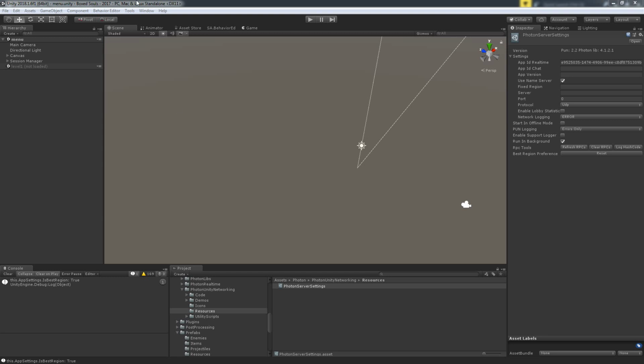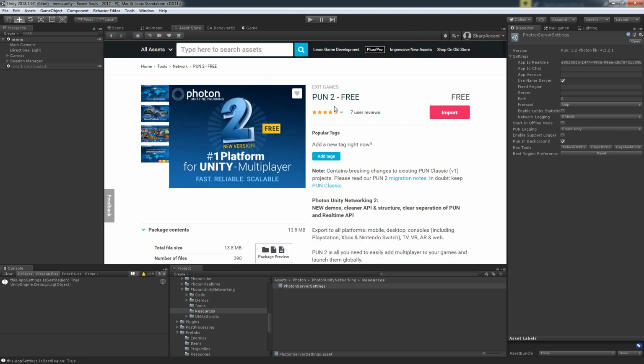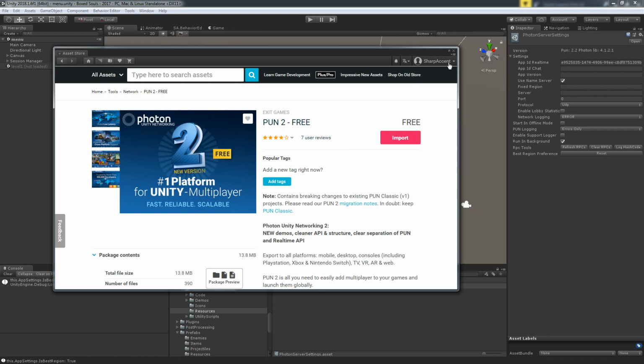So, okay, because I am on 2018.1.6 or even on point 2 or whatever, there are a few changes. So you need PUN 2, not PUN Classic. Depending on your version, you might want to. I think this will work on all versions, but on Classic they are using a few obsolete